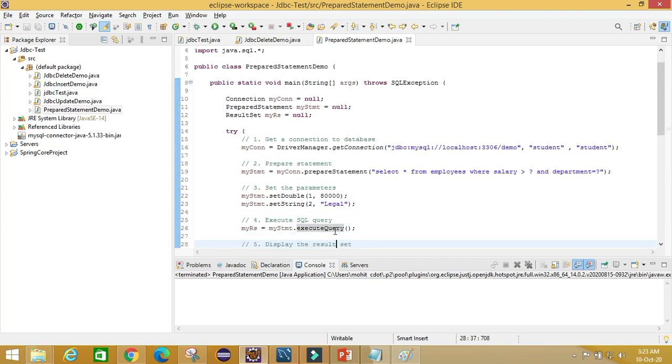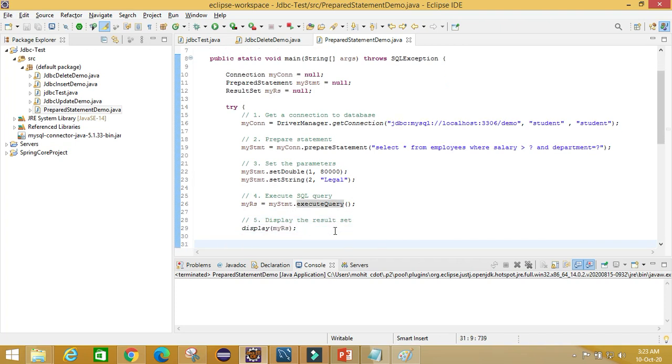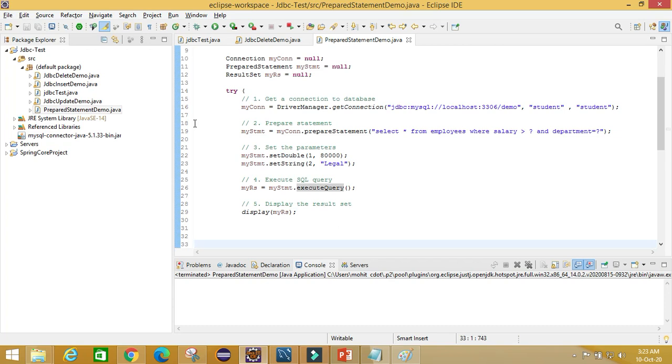I set rs equal to myStmt.executeQuery and display the result set. Okay, I'm running this application now. Yeah, here we go.